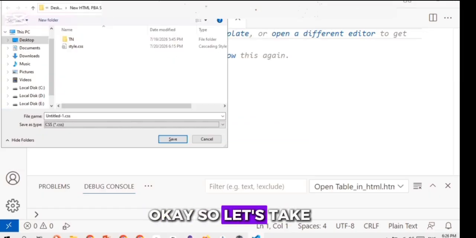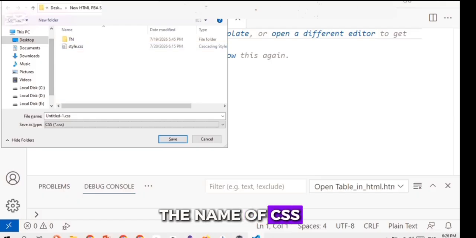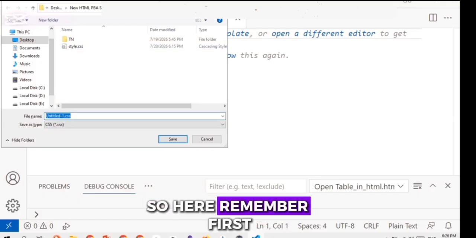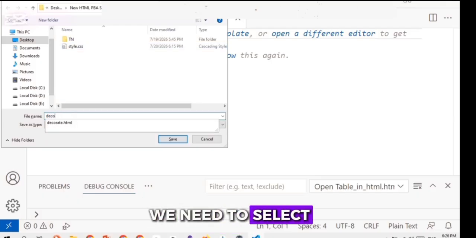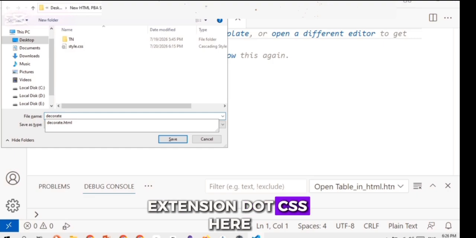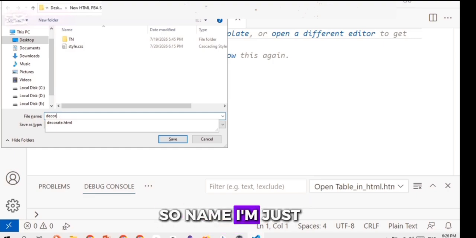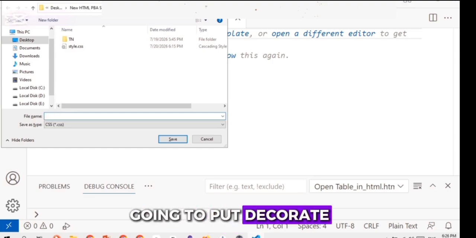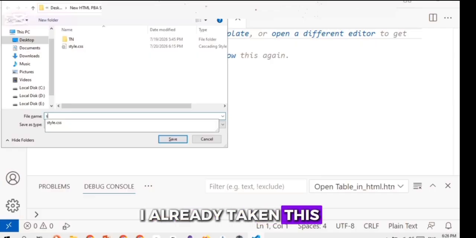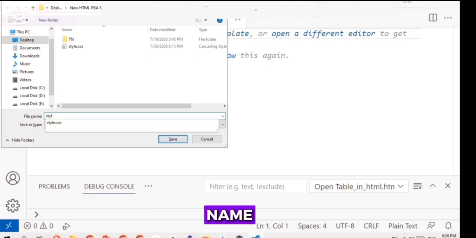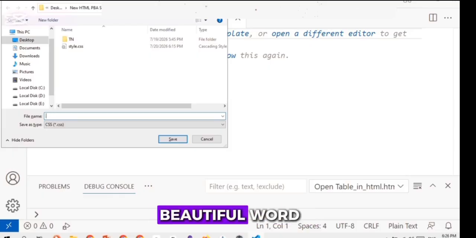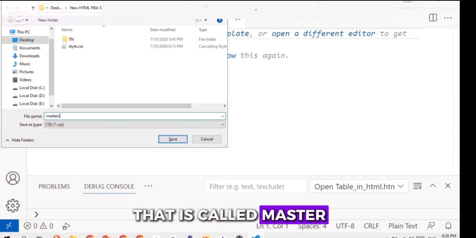Okay, so let's take the name of the CSS file. Here remember, first of all we need to select the extension .css. So for the name, I'm just going to put decorate. I already have taken this, so let's take style. This one also I have taken. So let's change this name to a very beautiful word that is called master style.